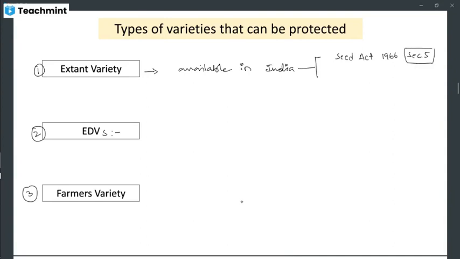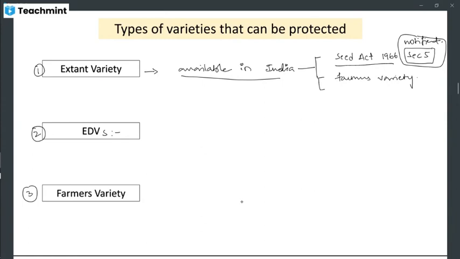Section 5's function is notifications. So the variety should be available in India and it should be notified under Section 5 of the Seed Act 1966. And then it can be any farmer's variety,